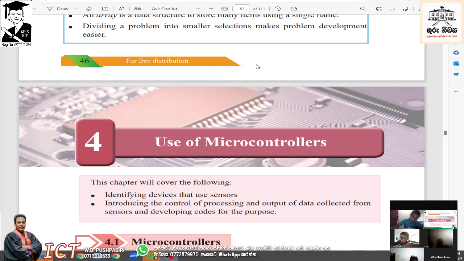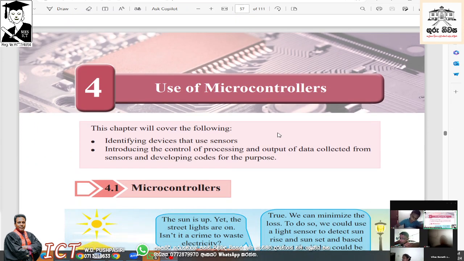Okay, so we'll write down: in this lesson we will identify devices that use